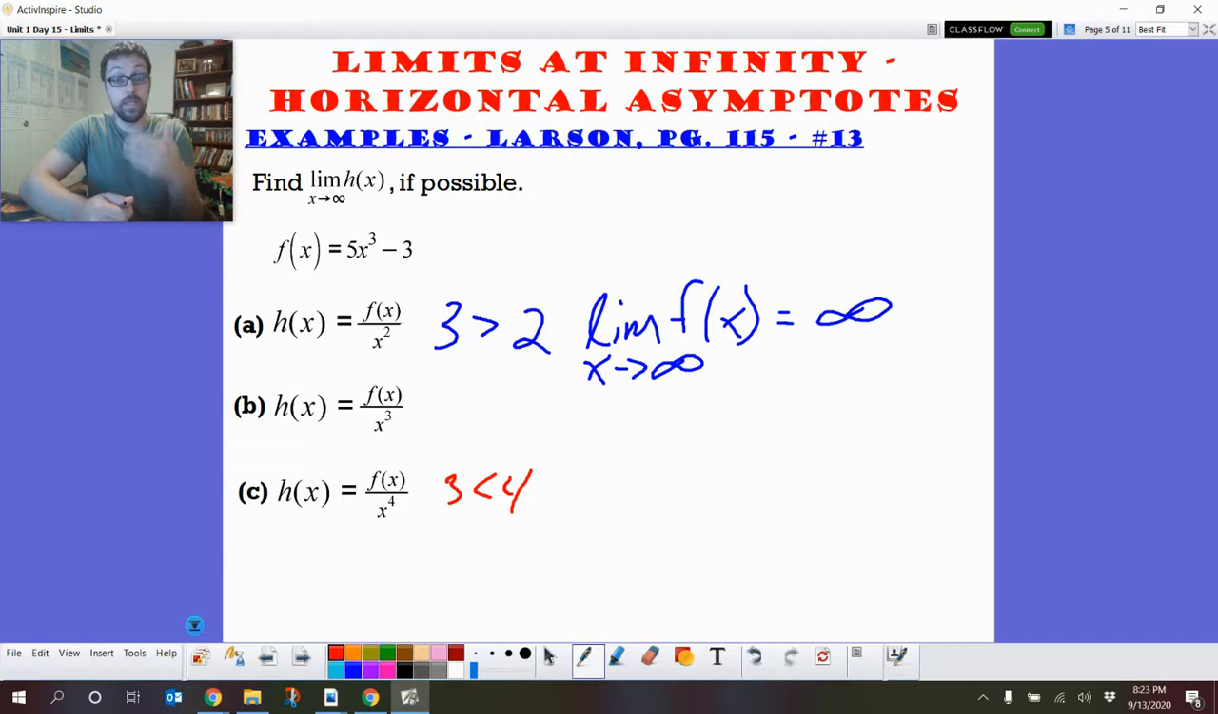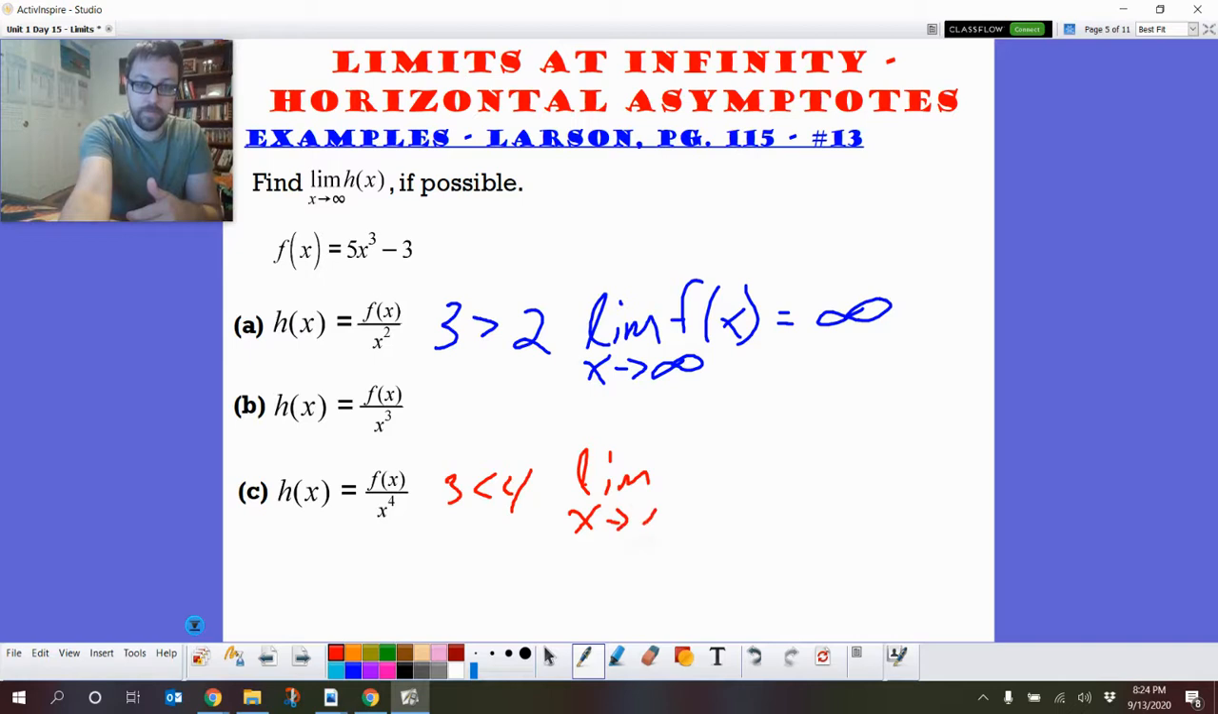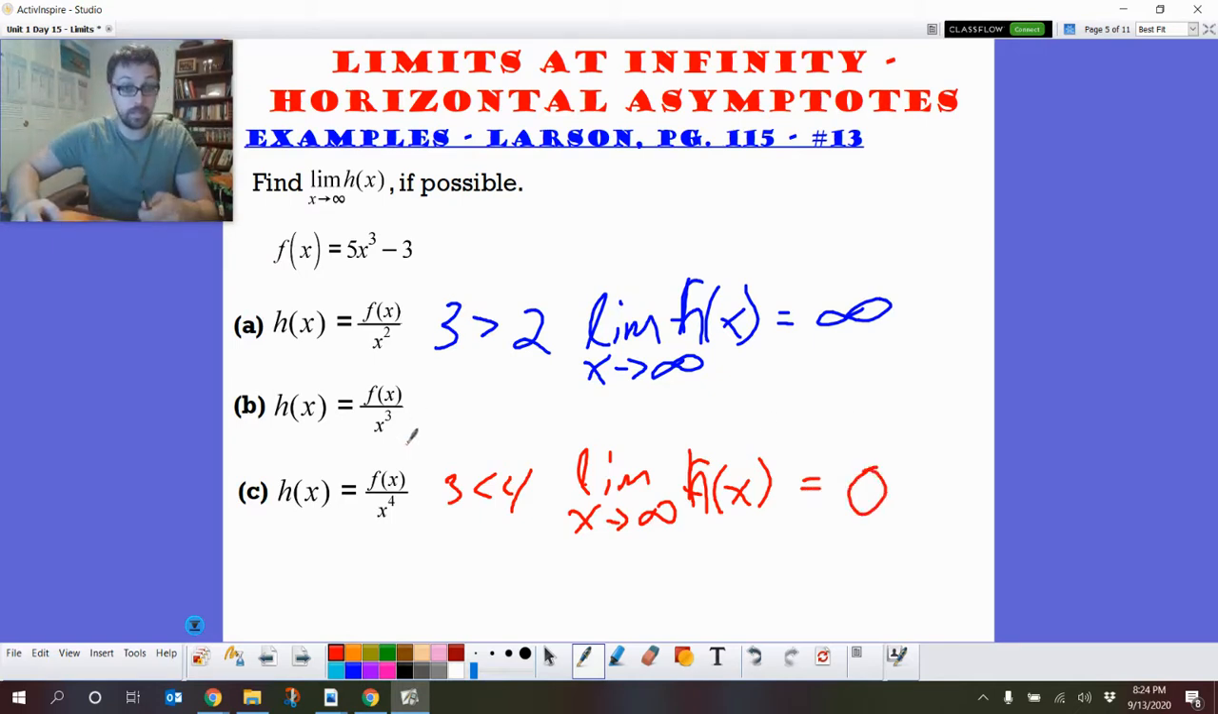So the denominator in this case is going to win out because there's more denominator than there is numerator. So for this one, as x approaches infinity, h of x ends up equaling 0. Now, the one in the middle, you can see those two cubes, in some sense, cancel